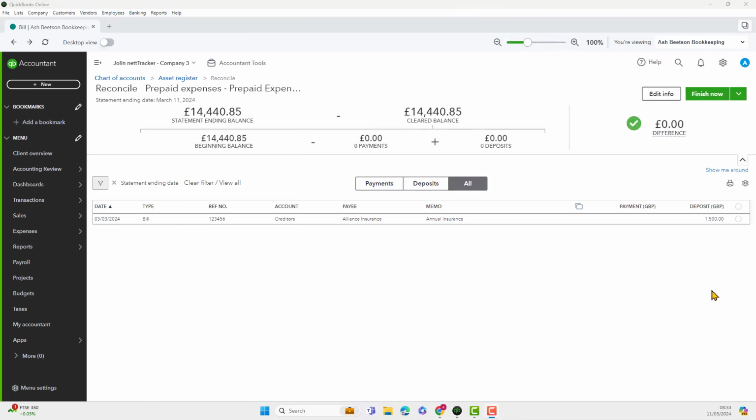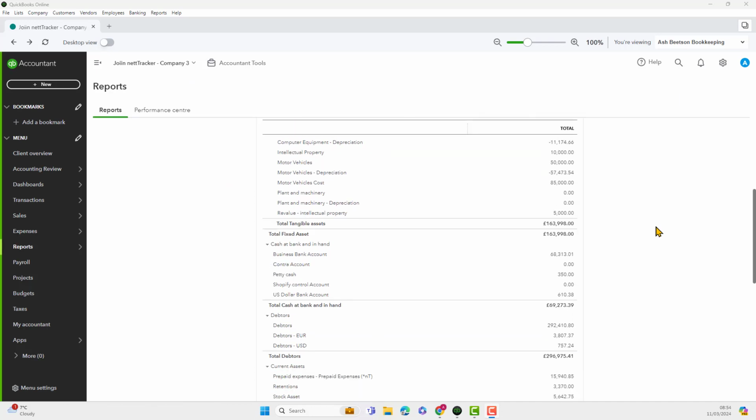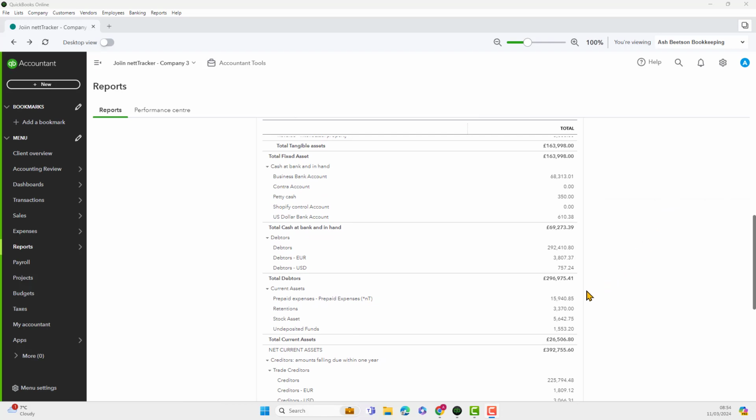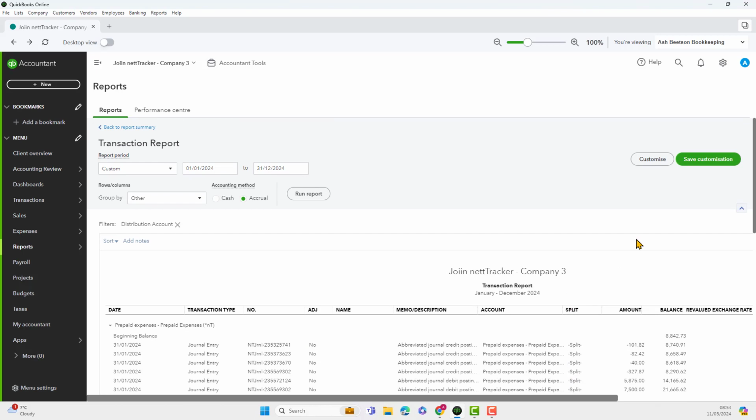If I were to reconcile the prepayments account again, the only item left to reconcile was the new entry that I've just created. We can take this a step further and create a report against our prepayments just to look at our unreconciled items. Now if I select the prepayments account first of all, we'll have a detailed transaction report of that particular